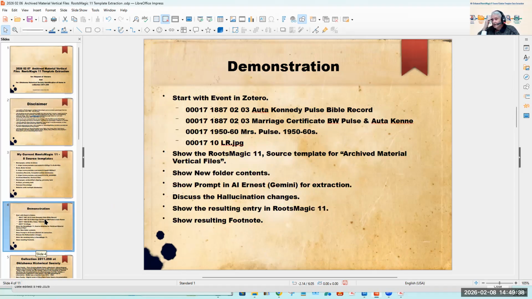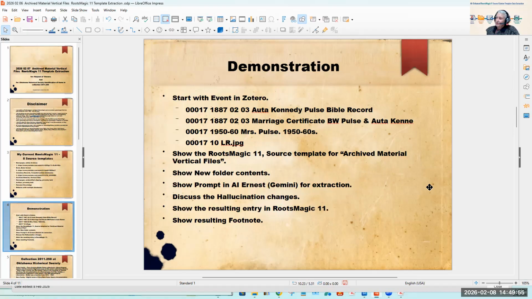We're going to start with the event in Zotero. There are 4 events that are different types of material, and I wanted to show you 4 examples of them.